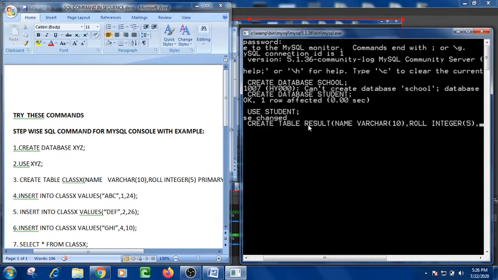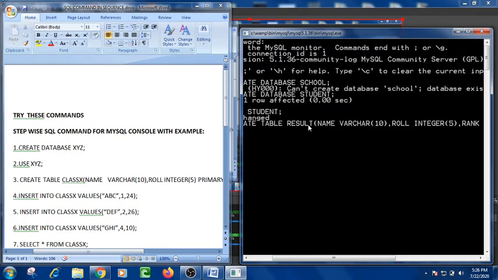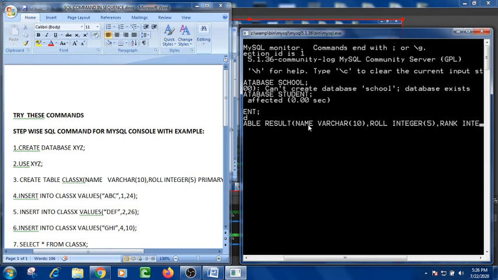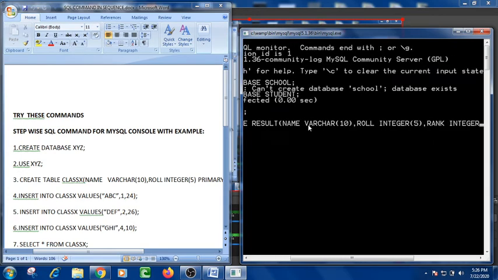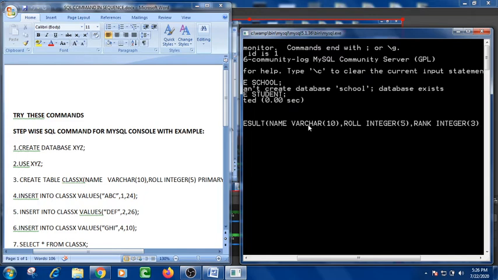Then suppose that I am writing rank, again integer 3. Okay, 3 is the length of the field. We cannot enter more than 3 numeric values in this field.